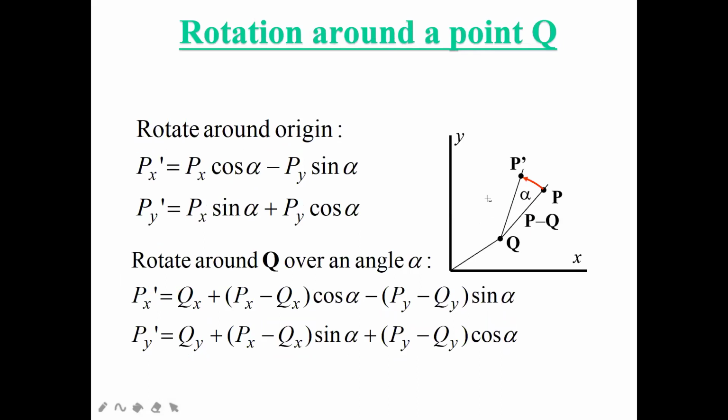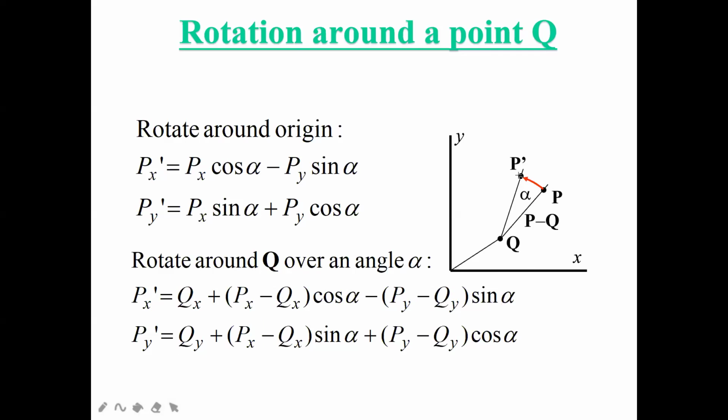Here what I want to do is, on a particular point, I just want to move it. This is a little higher level than the last slide. Here we are going to rotate. If I rotate around the origin, what will be the value? And if I rotate around a specific point, then what will be the value? Now you see here, this is my x coordinate, this is my y coordinate. I have taken one object here, that is my q. And on q you can see there are 2 points. The initial point is p and the new point is p dash.